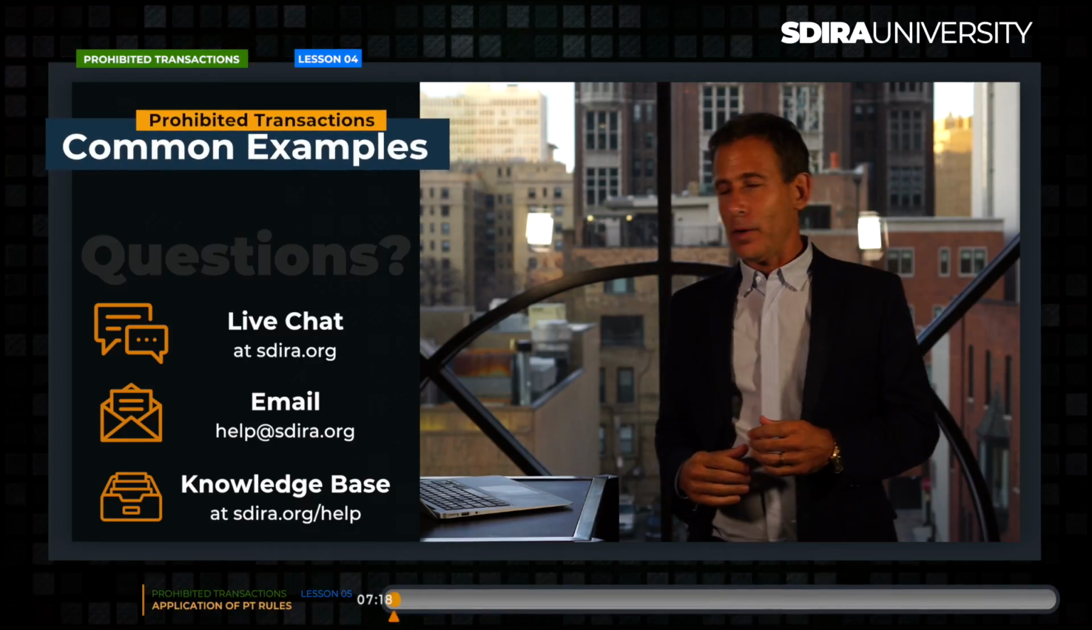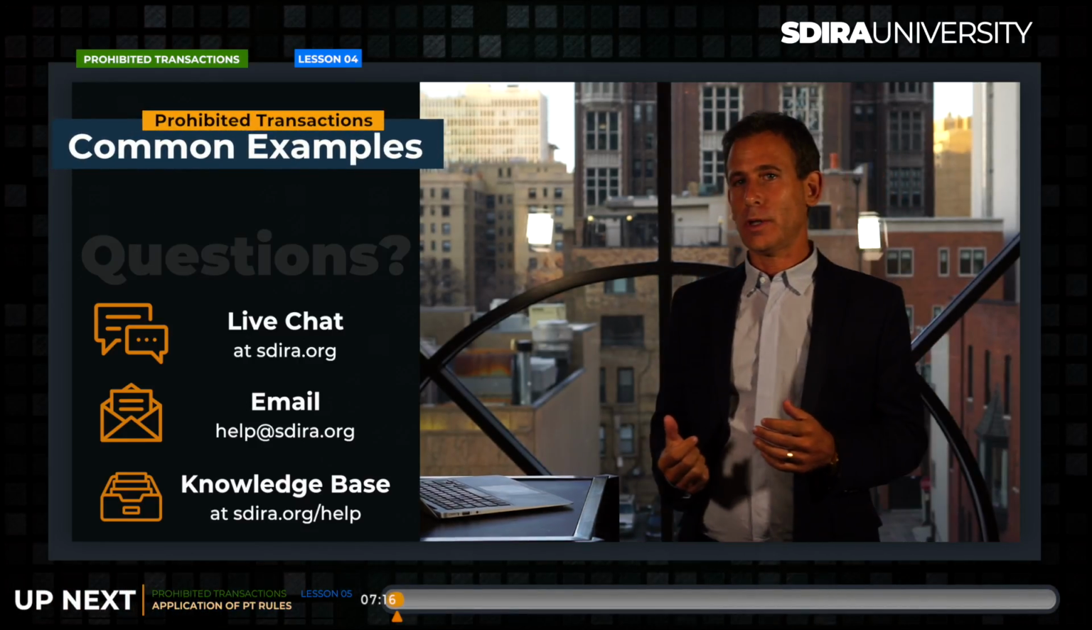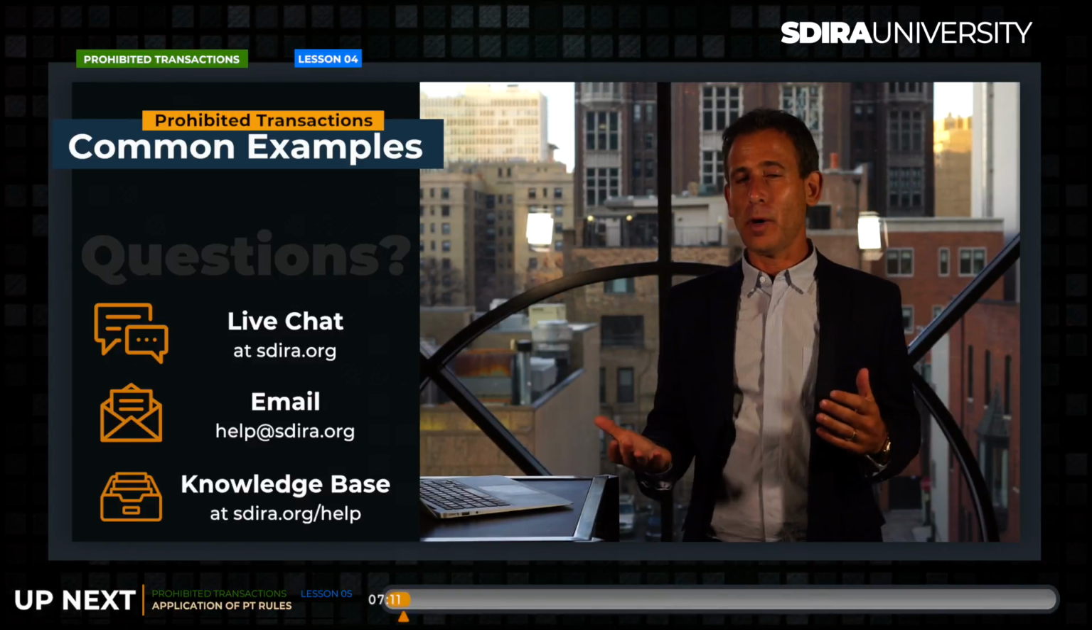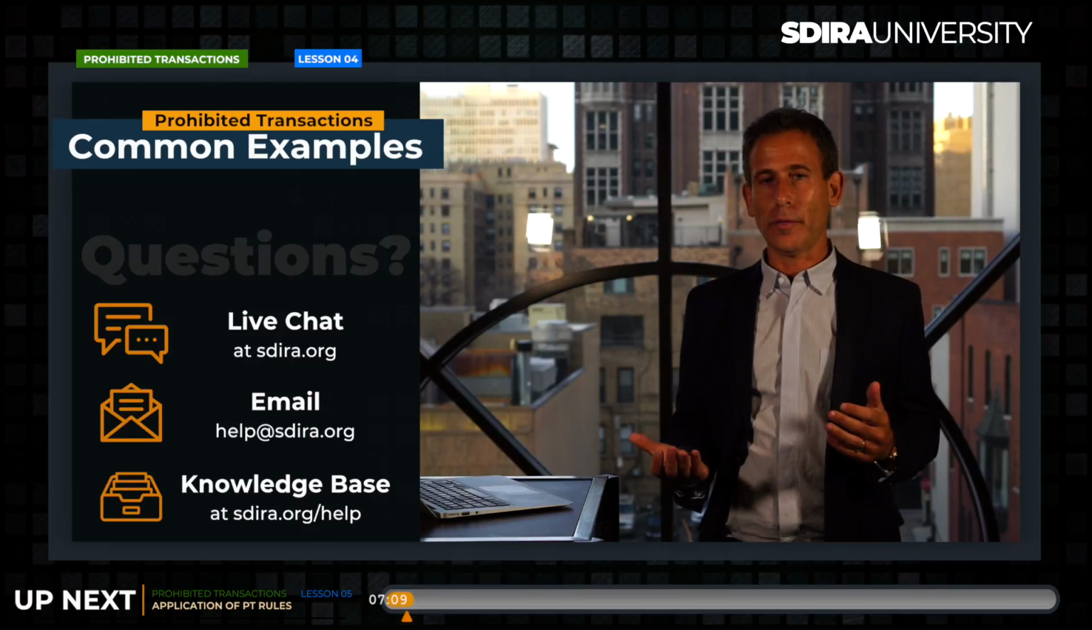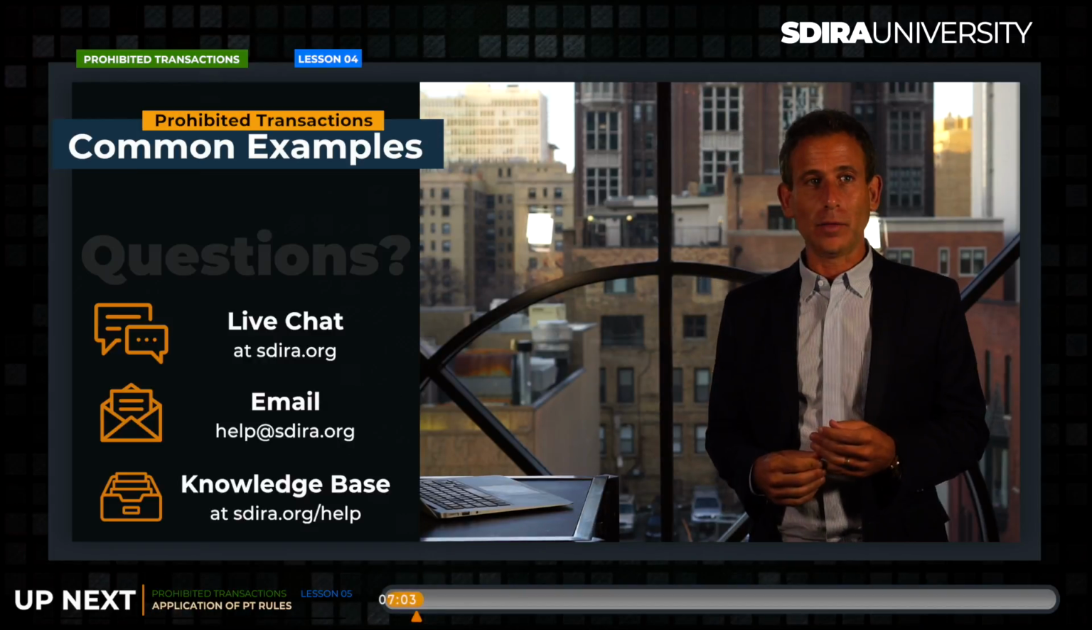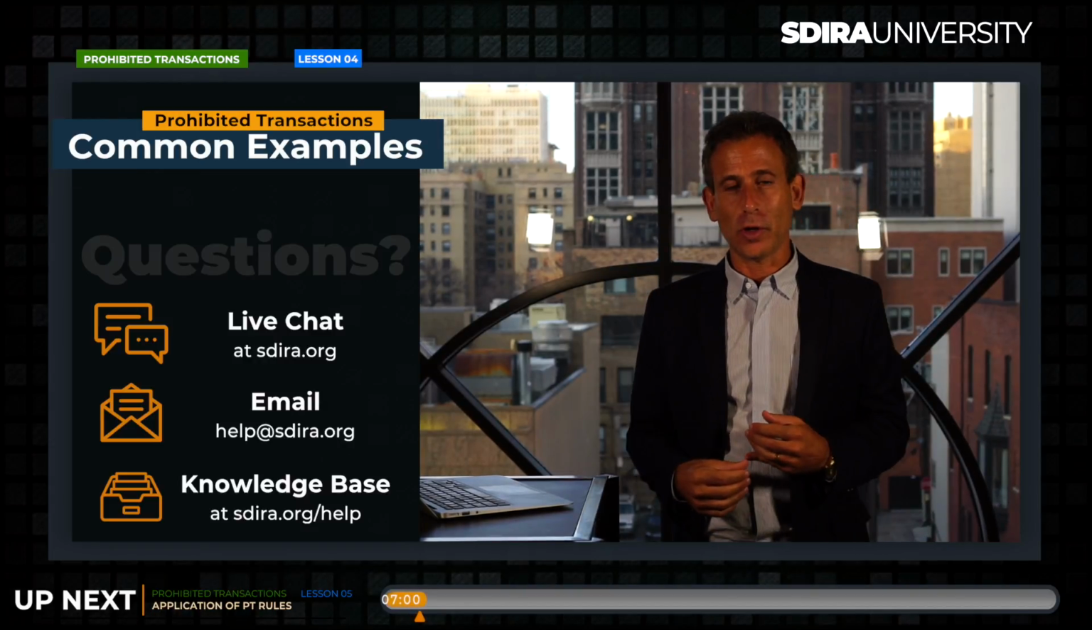To better understand how the prohibited transaction works, I think it's very helpful to look at some examples. So the prohibited transactions are outlined in Internal Revenue Code section 4975, and they apply to really IRAs and 401ks. And they're designed to make sure that you essentially are not using your IRA or 401k funds in any way